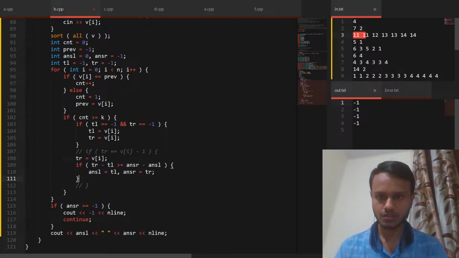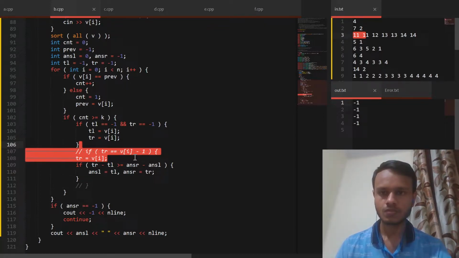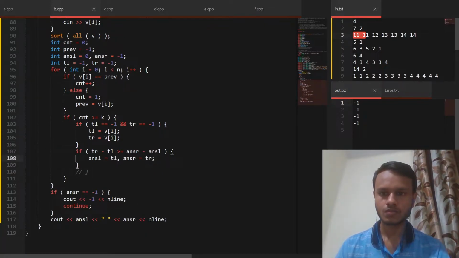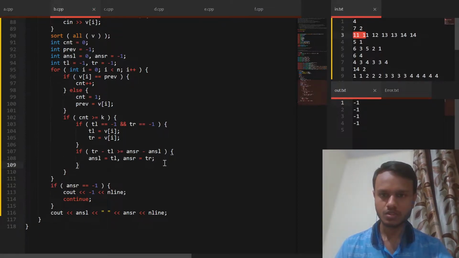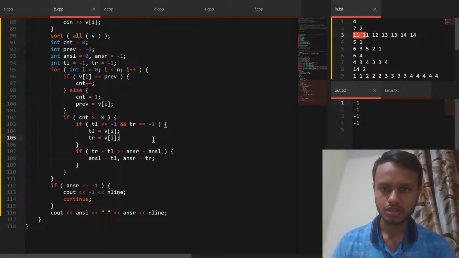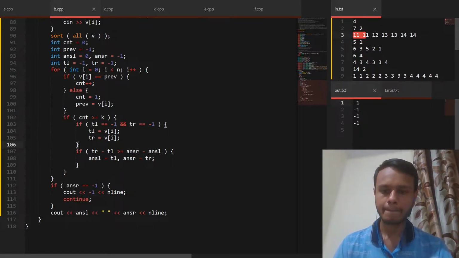And then here the temporary range is greater than the answer range, and that is otherwise